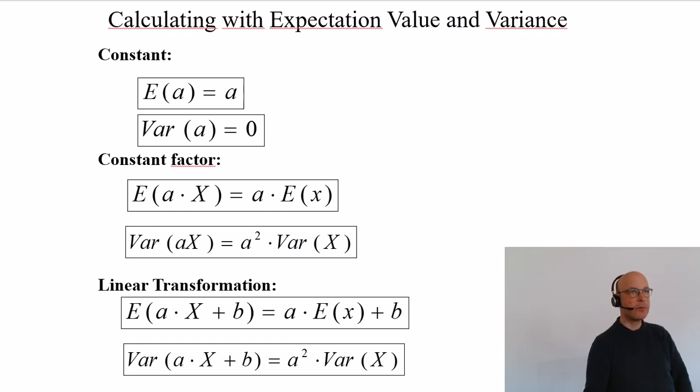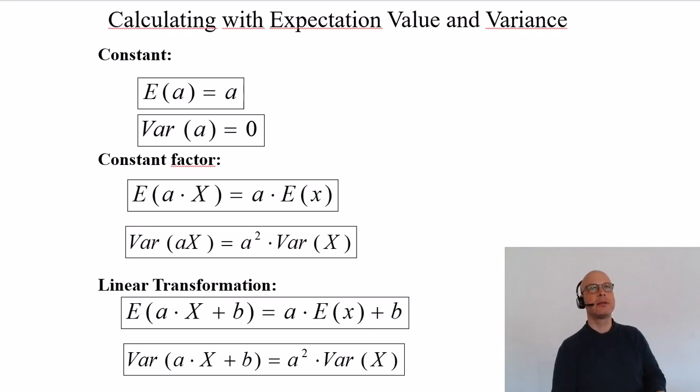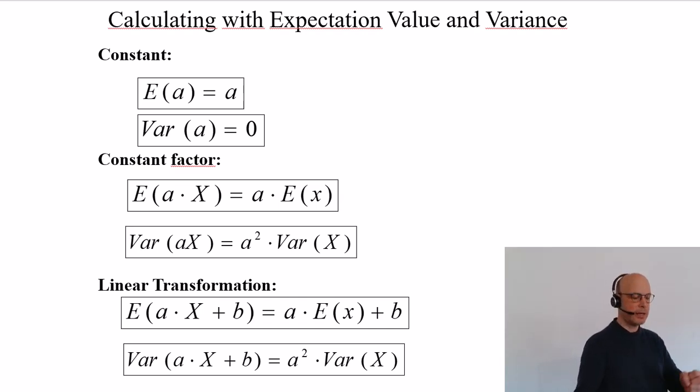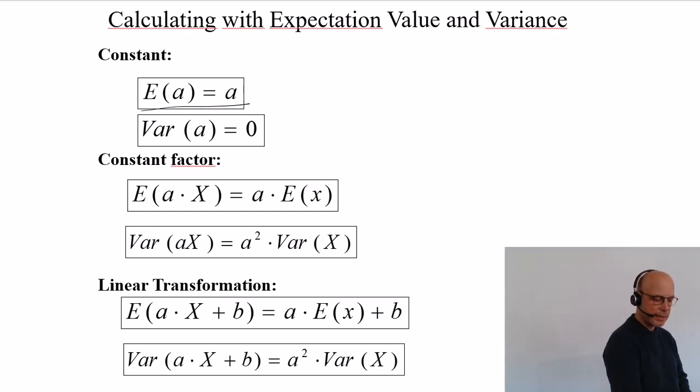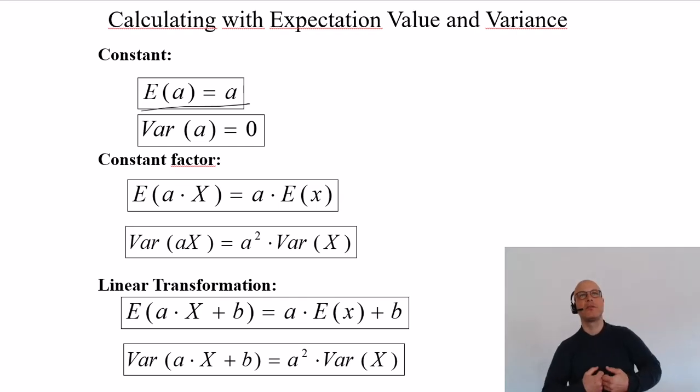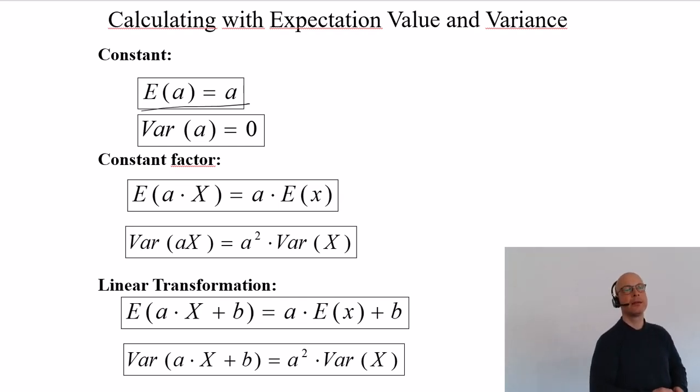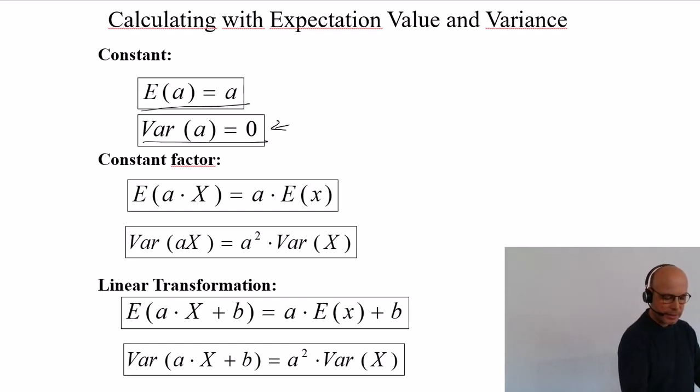And of course, the expected value of a constant, so not of a random variable, just of a constant, is the constant itself. Well, and some constant is of course not fluctuating, so the variance of a constant has to be 0,